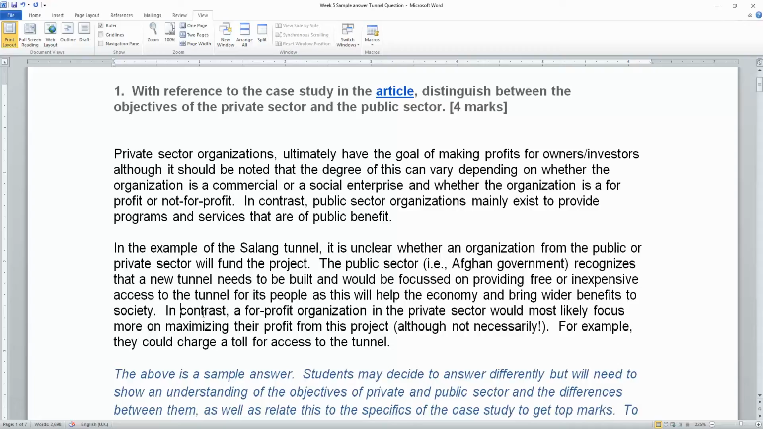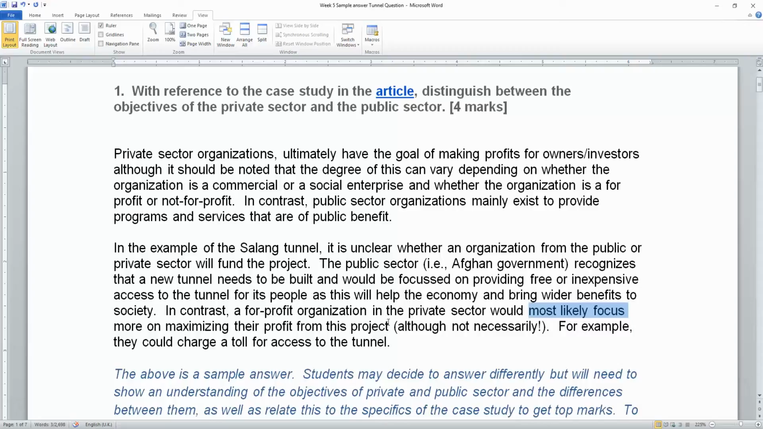Now for the private sector, in contrast, a for-profit organisation. I'm making a distinction that in this case we're probably dealing with a for-profit organisation in the private sector, which would most likely focus on maximising their profit from this project. Again, I'm showing the examiner that I realise it might not necessarily be the case, because there might be lots of reasons, objectives for this project. The most likely one is they want to maximise their profits, but maybe they're not bothered even if they just break even on this project